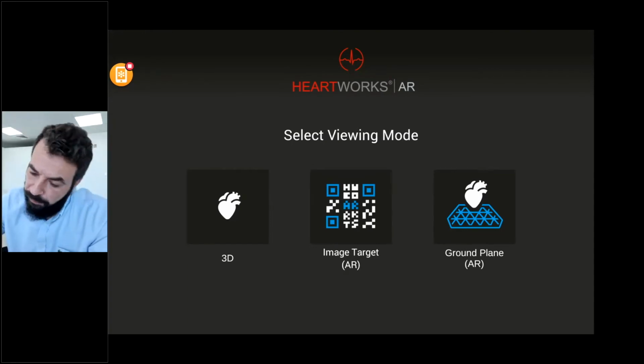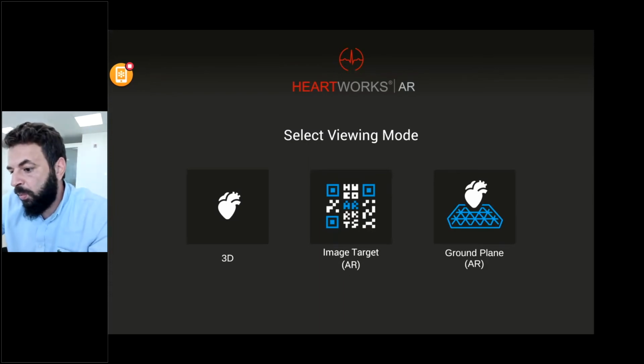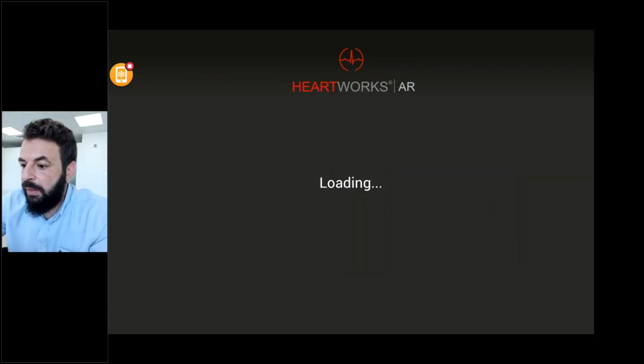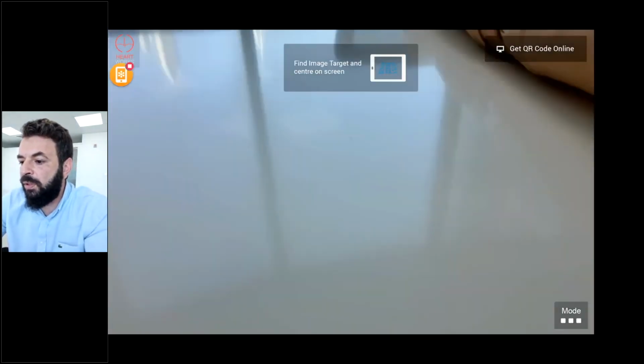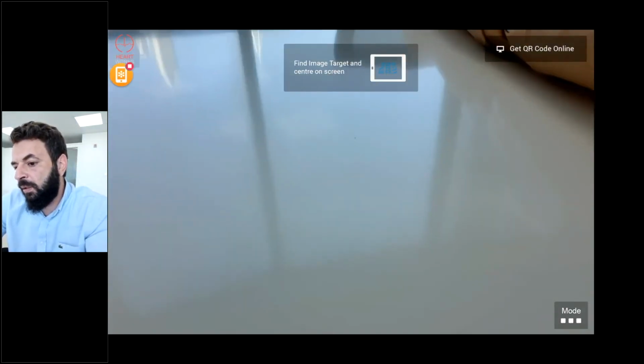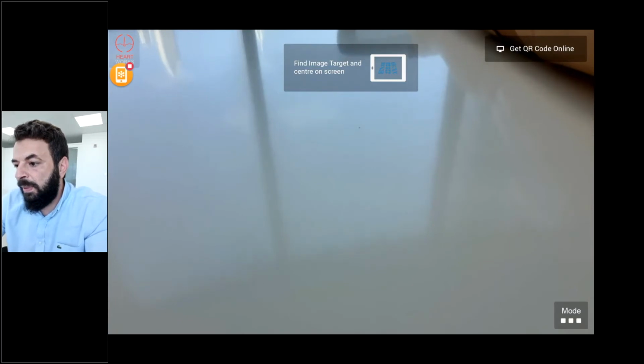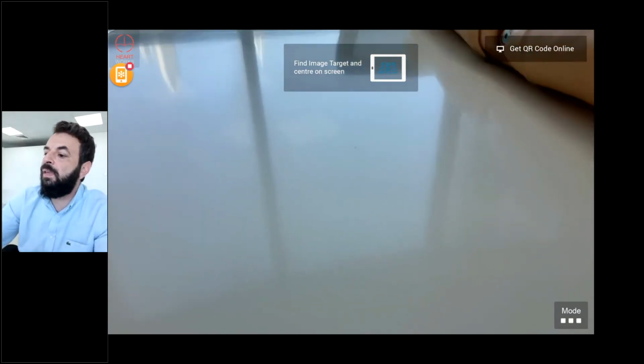Image target is a QR code reader where the software generates automatically for you a QR code that, by just scanning the QR code, the software will detect a heart, which is an augmented reality view of the heart. To make it realistic, if you have a mannequin, which is the one that I have now next to me,